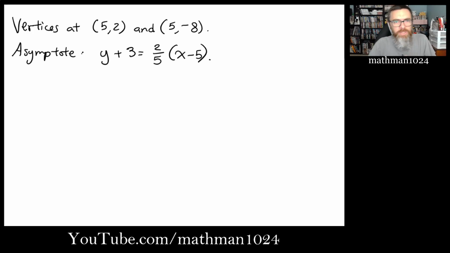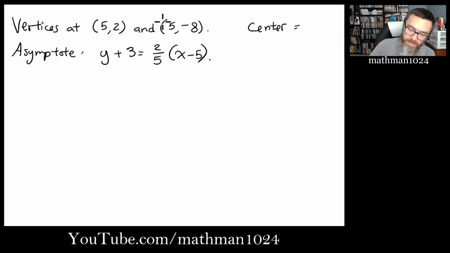All right, so let's look at this. We have a hyperbola with vertices at (5, 2) and (5, -8), with an asymptote of y + 3 = 2/5 times the quantity (x - 5). Now, as long as the asymptote is given to us nicely, we should be able to easily pick off the center from that. But if you aren't too sure about that, we could also use these vertices, because your center